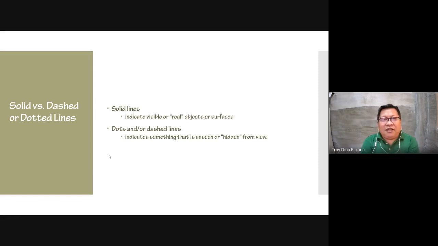How is it hidden? There are two ways that it can be hidden. First, it is right in front of you and you have to remove it so that you can see what's behind, or it is behind that object so you cannot see it, but it is very important. That's why you have to show an outline but show it in hidden lines. Okay,